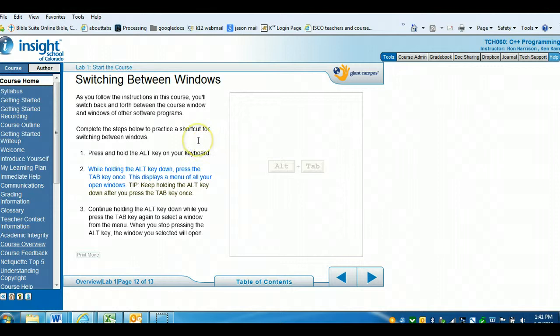To switch between windows, this is useful because you might have multiple windows going, like you might have the course running in one window, and then you might have something else you're doing in another window. So you can see that you can hit Alt and then the tab, and that will show you all of your open windows. So if I hit Alt,